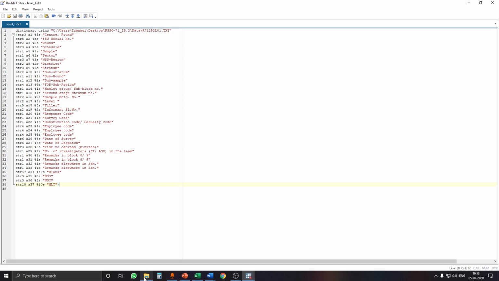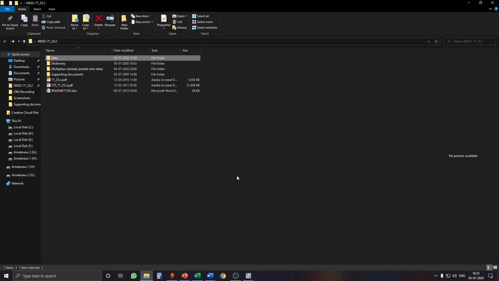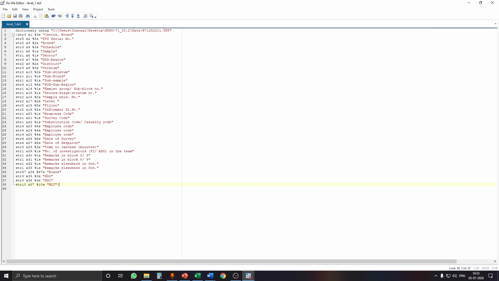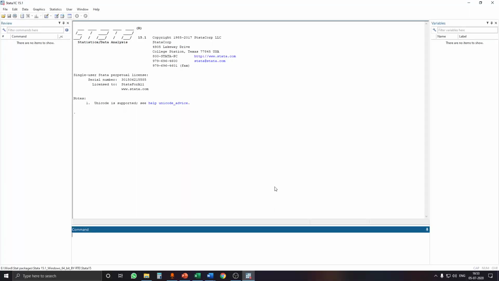This is saved. We can go back to our data file and we can check. So you can see that our level 1 dictionary file has been created. So we are going to minimize it, and since it has been saved, we can now close it. Now to extract the data, we are going to write in file using, and now we have to specify the path of the dictionary file.